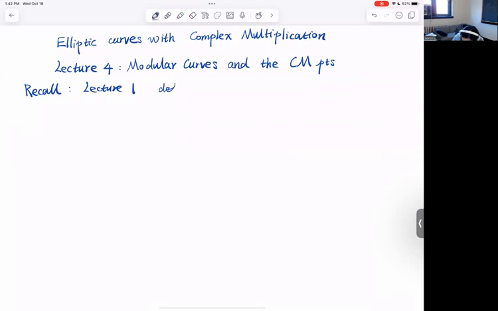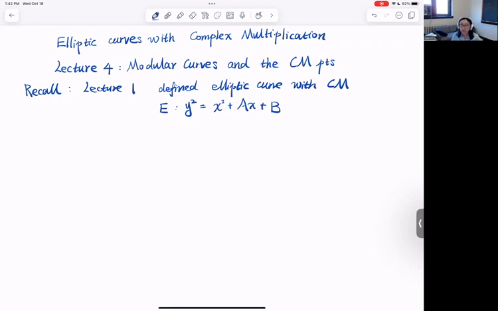We defined an elliptic curve as a smooth algebraic curve of genus 1 defined by a Weierstrass equation y squared equals x cubed plus ax plus b, as long as the characteristic of the field is not 2 or 3. And then the endomorphism ring, the endomorphism ring over k bar of E,